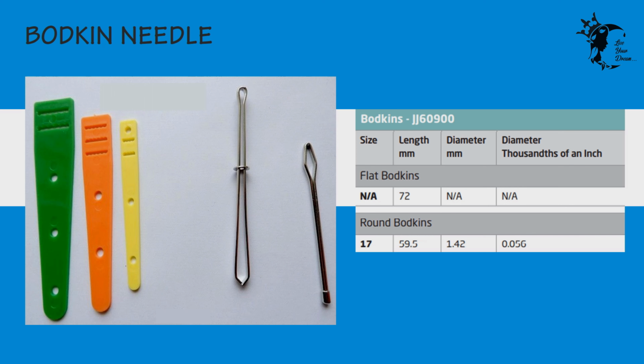Bodkins are thick, medium-length needles that have a long, elongated eye with either a rounded or blunt point end. Some have two or more eyes. These are used to thread cords, elastics, ribbons, or tapes through pre-made tubes in cloth or a garment. Bodkins can be made out of a wide range of materials such as bone, metal, plastic, etc.